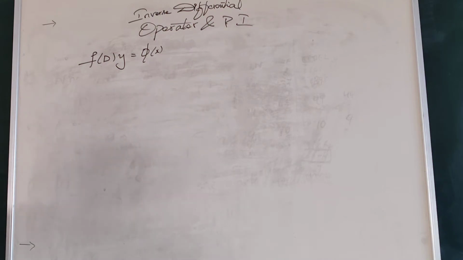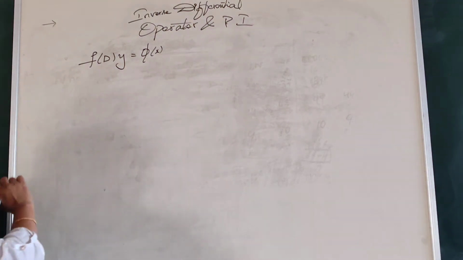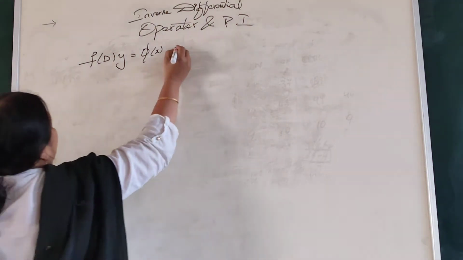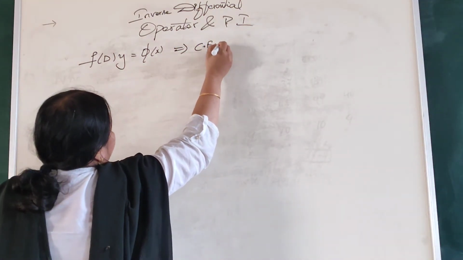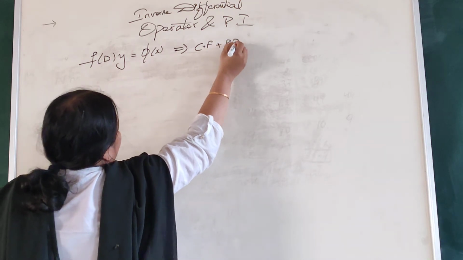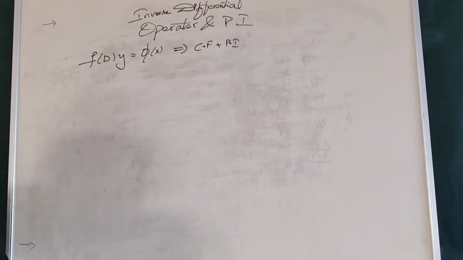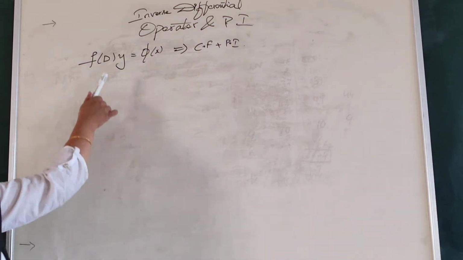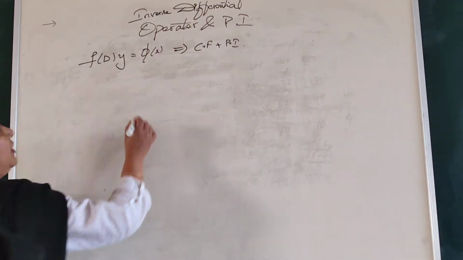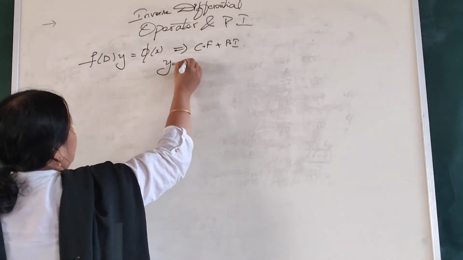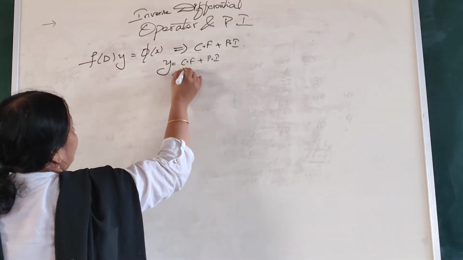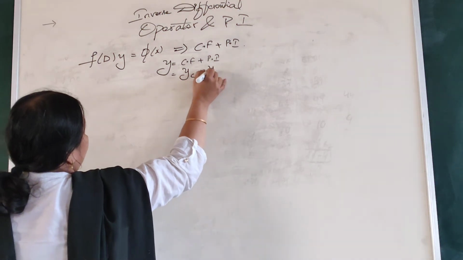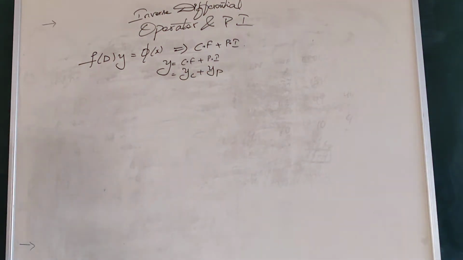Now, the solution for this particular type will have two parts, as I told you. First is the complementary function and second is the particular integral. Both together should be added to obtain the general solution of a non-homogeneous differential equation, which is given by y is equal to CF plus PI. Sometimes we write it like this, YC plus YP, where YP stands for particular integral and YC stands for complementary